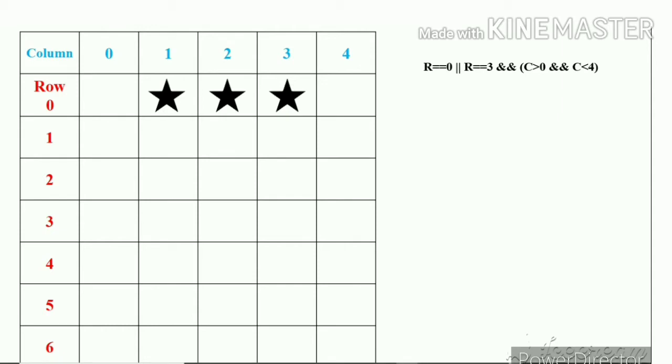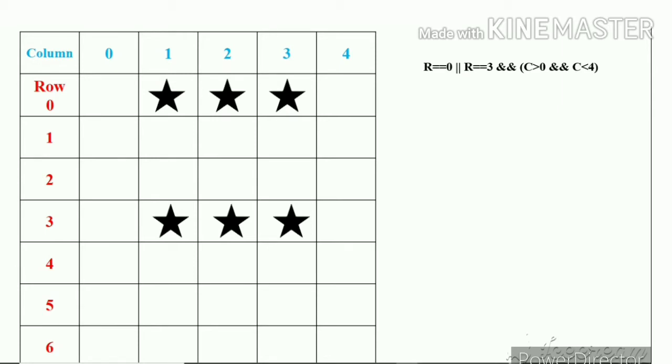Next is when row equals 3. At that time it will print 3 stars in columns 1, 2 and 3. Here also the same condition, column greater than 0 and column less than 4. When these two conditions are true, then only it will print the star.